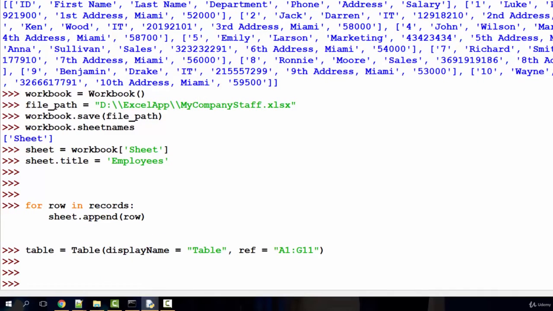The next thing we should do is define a style for the table, meaning we can pick one of the default styles and specify the default style name, and also we can specify if we want row and column stripes within our table in order to have everything look neat and pretty. There are multiple default styles for creating a table using the OpenPyXL module, and in order to see all the styles, you can check out